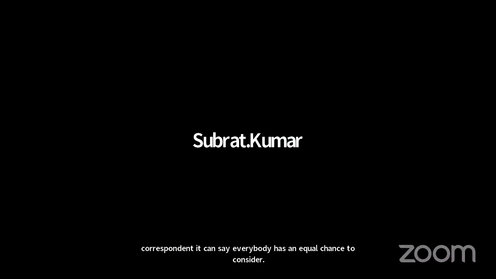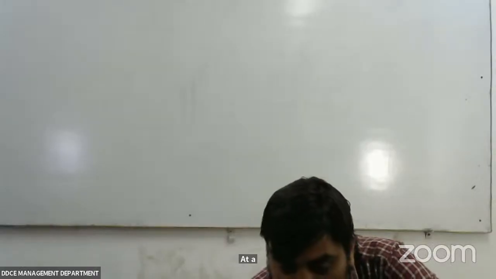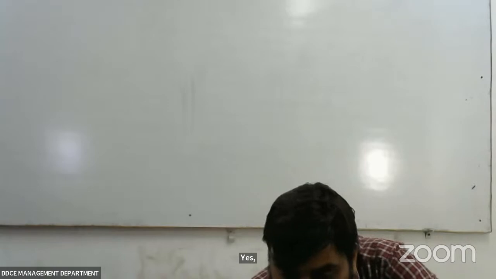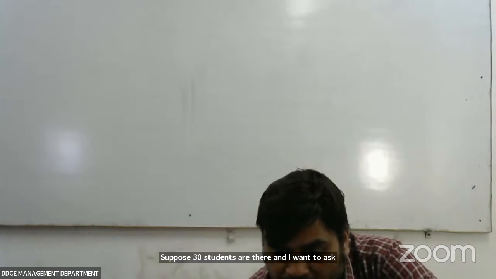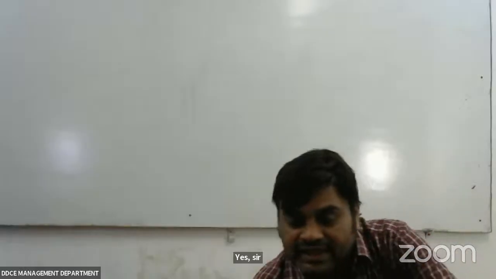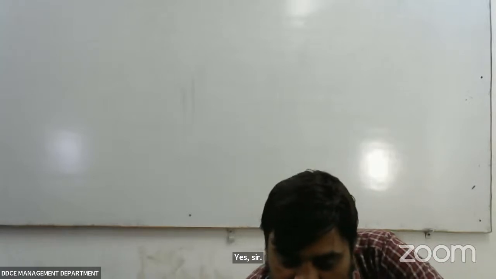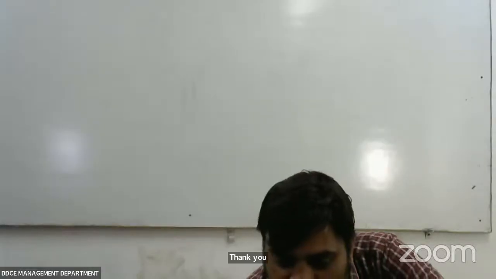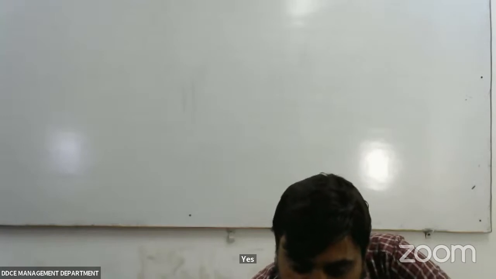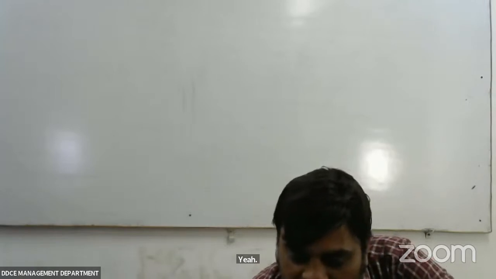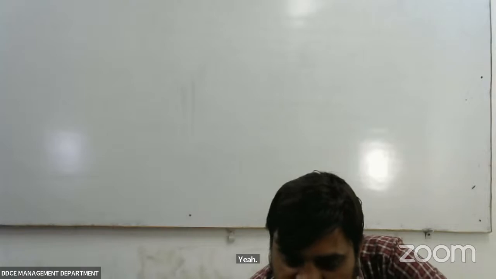That means suppose I am teaching you, I don't know how many students are there, suppose 30 students are there, and I want to ask a question. So this means every one of the 30 students has a chance to get that question. सबका probability chances सेम है, लेकिन मैं किसी एक को पूछ सकता हूं, but before asking the question, what you think, that sir can ask anyone, means every student has the chance to get that question.